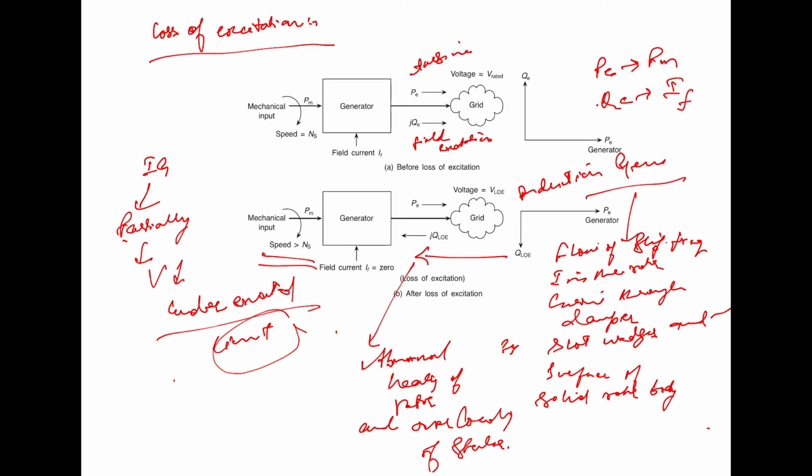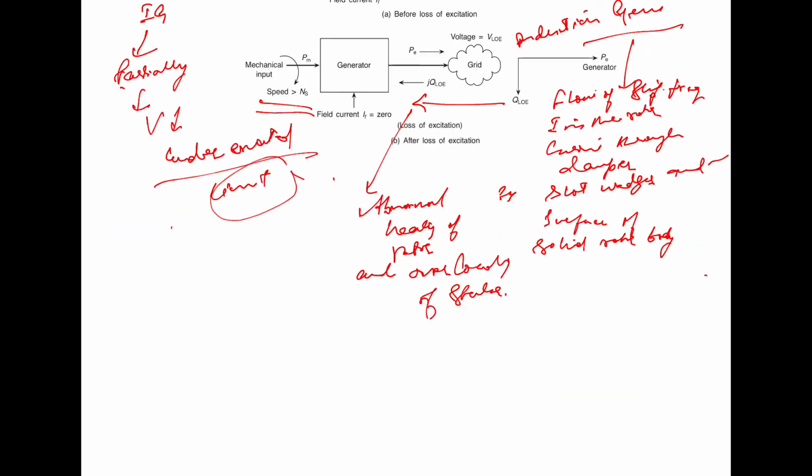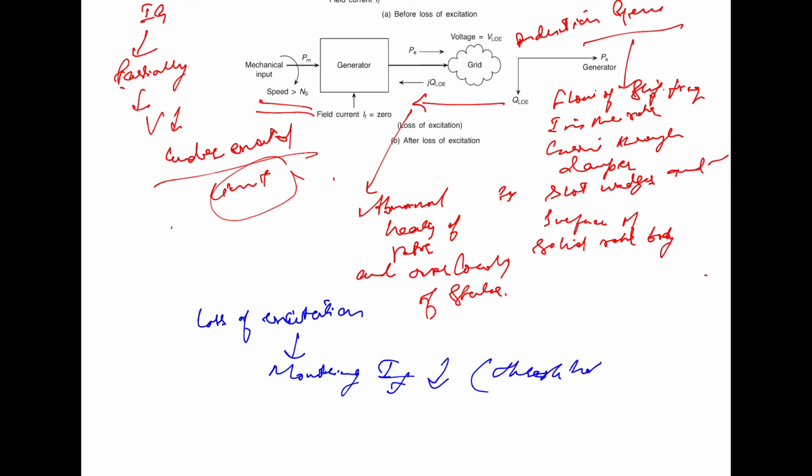Now the simplest method by which the loss of excitation can be detected is to monitor the field current of the generator, and if the field current is below the threshold,